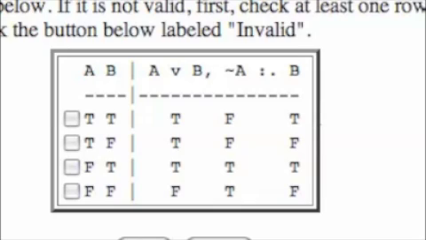So what we can do is consider every possible circumstance and see if it's the case that every time all the premises are true, the conclusion is also true. This one's easy enough because there's only 4 possible scenarios to consider. Alright, so let's look at the first one. Are all of the premises true? No. So really this row doesn't matter because, again, for an argument to be valid, it has to be the case that